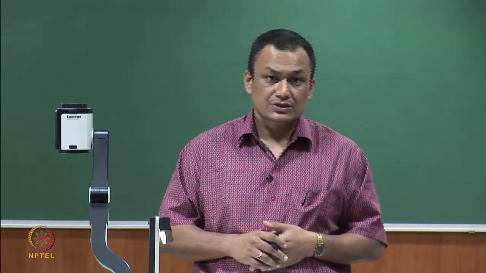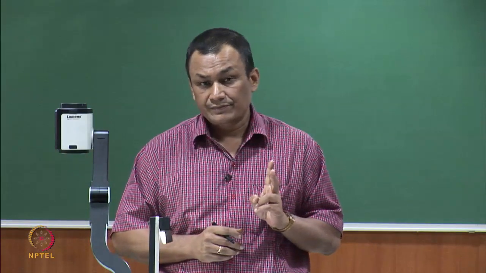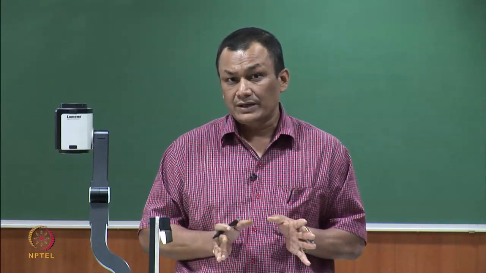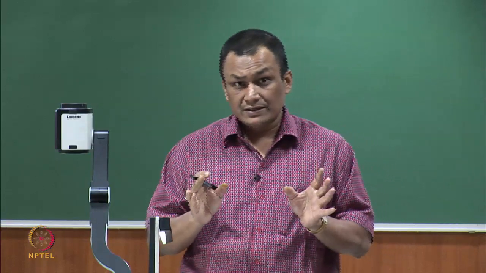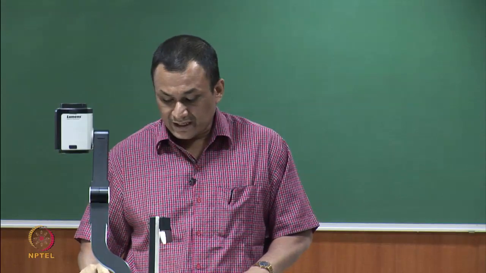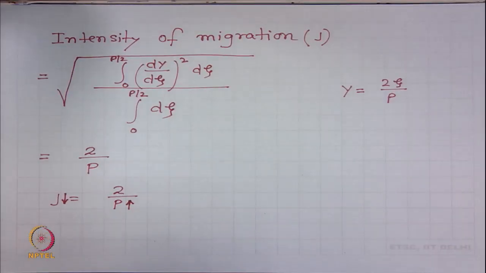So, the rate of migration is slow. You remember when we used approximations, two assumptions we considered: one is tan square beta much less than 1, and the second was that p is very high, then we talked about slow migration because of this. When p is very high, the migration is very slow. So, these three characteristics can be obtained from